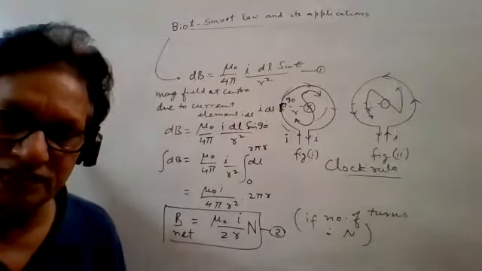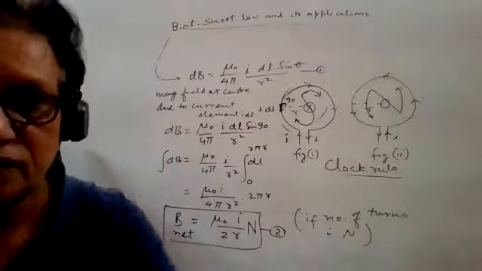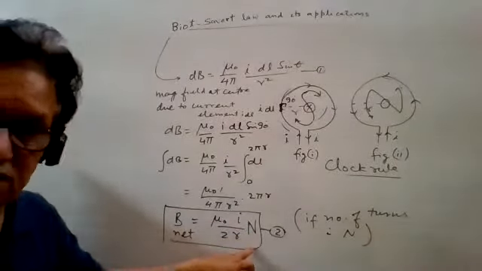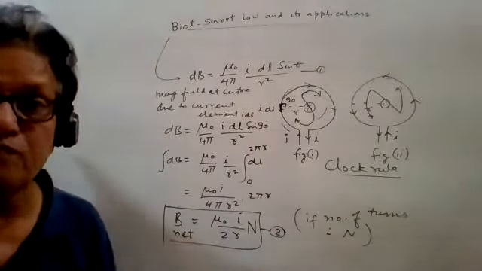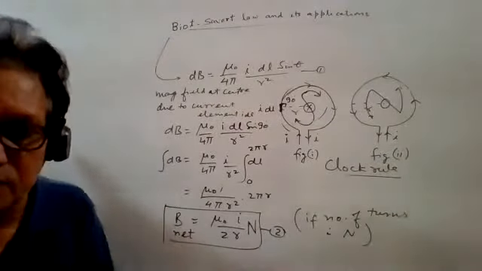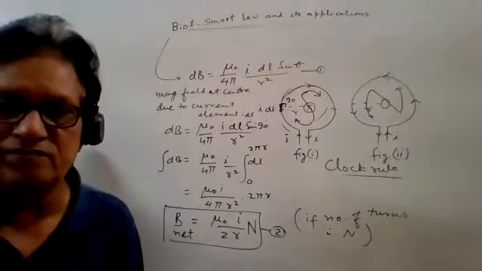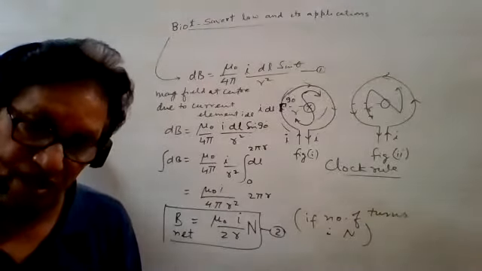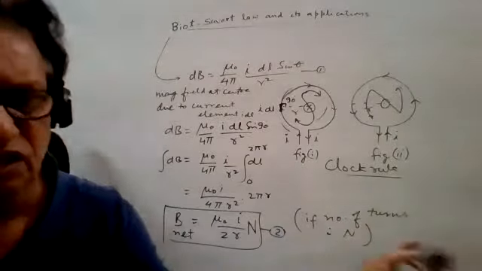Okay, clear? It depends on these three factors. So depending on the values of I, N, and R, we can say this is the value of the magnetic field. Maximum means what? Current has no end, N has no end, and R can be very small also. So you can't say maximum or minimum here. Got it now? Any other doubt? Because this is very simple.